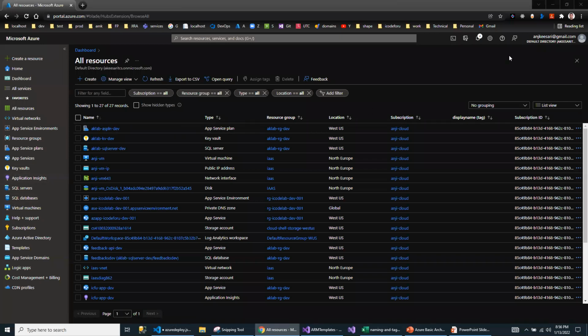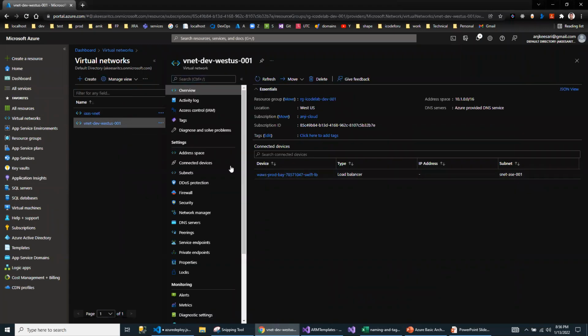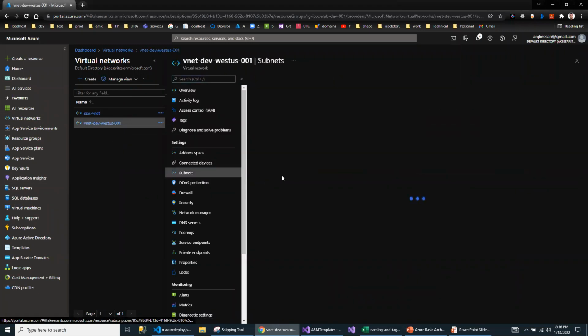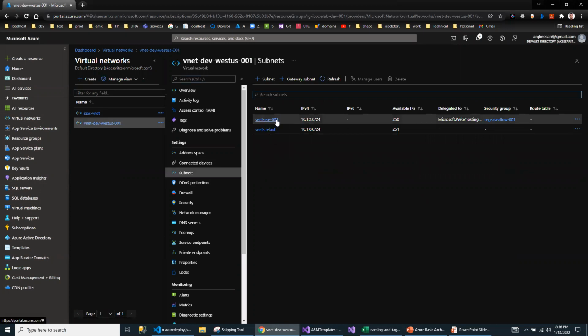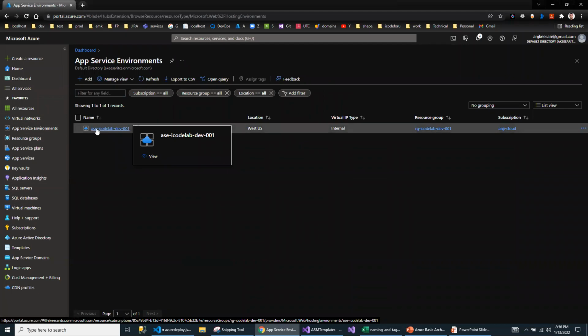So this is the Azure login. I have already logged in. As I mentioned, this is the app's virtual network already created. I've already got the subnet for the app service environment. So this is the subnet the app service environment is going to be part of. And the app service environment is already created.